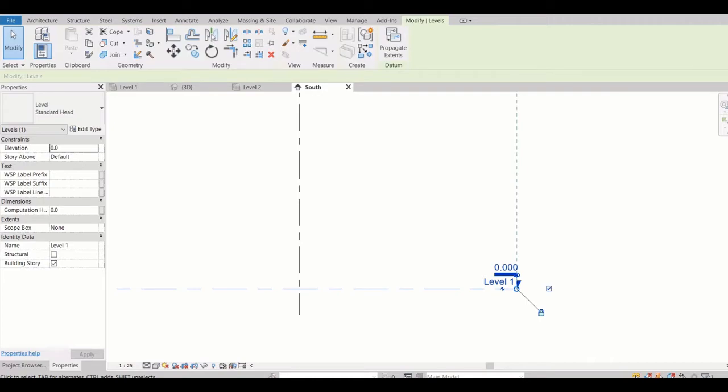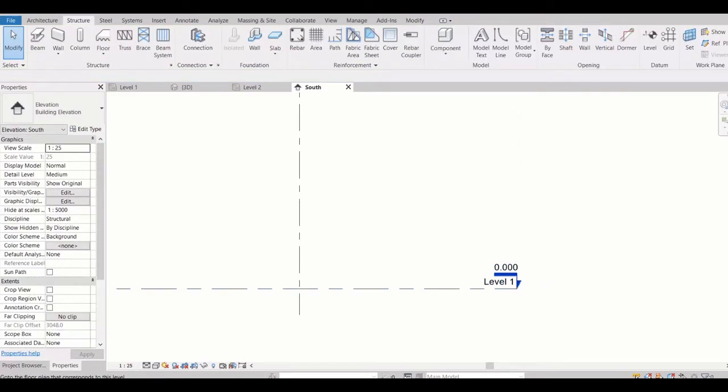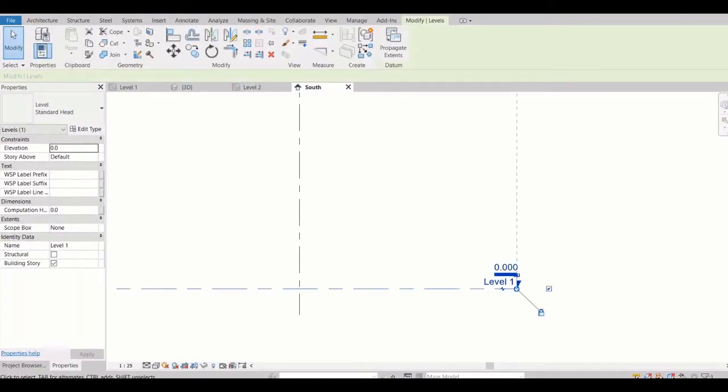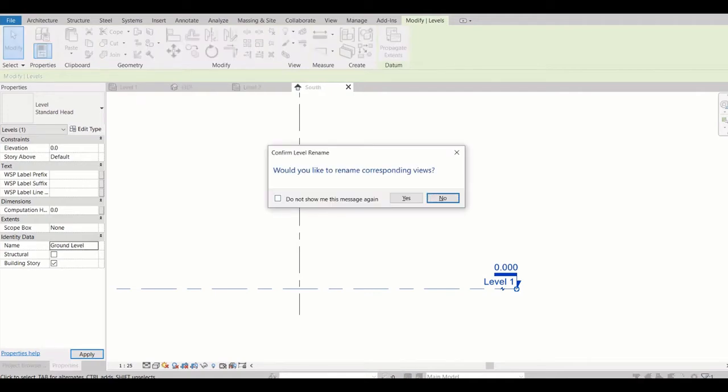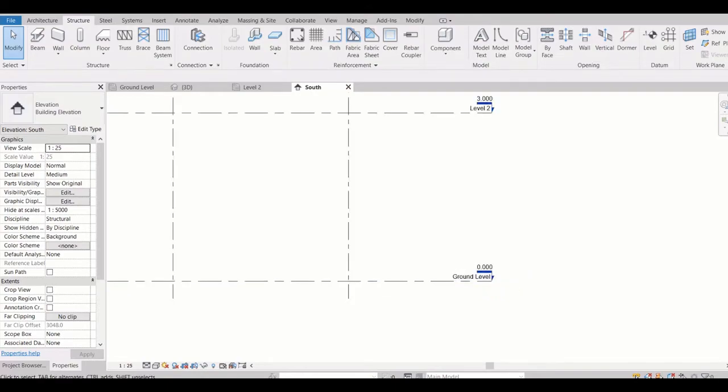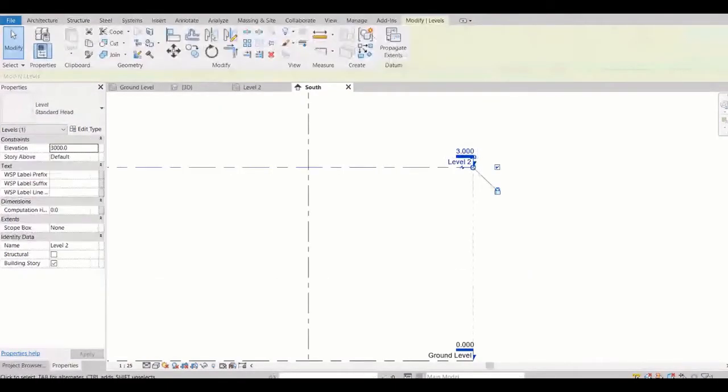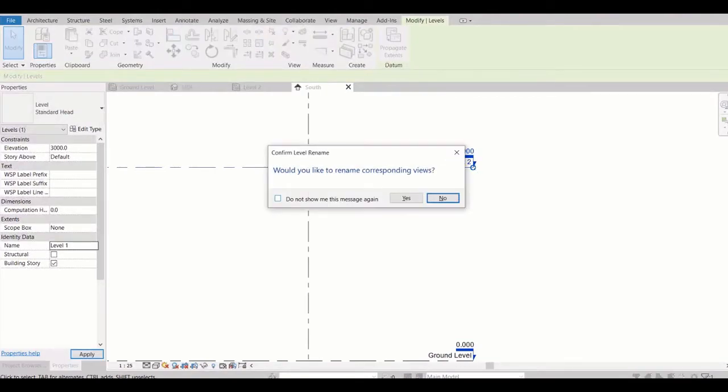This template, maybe I'll say, ground level. Yes, so this is my 0 0. Now I'll go here and put 1.